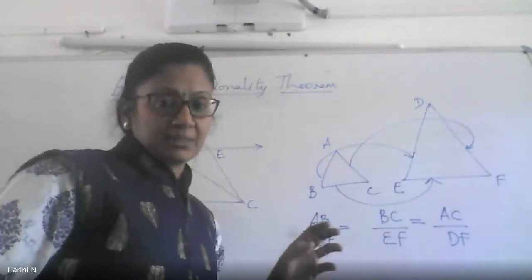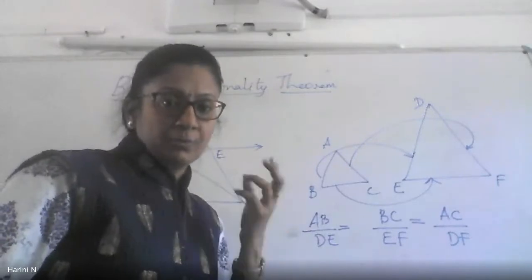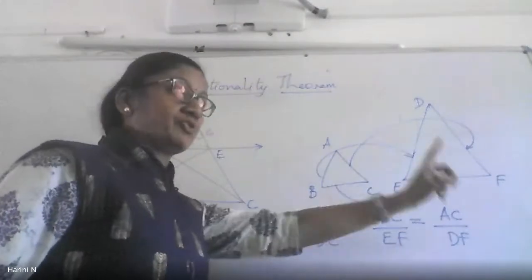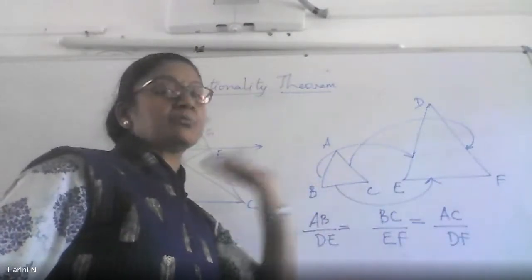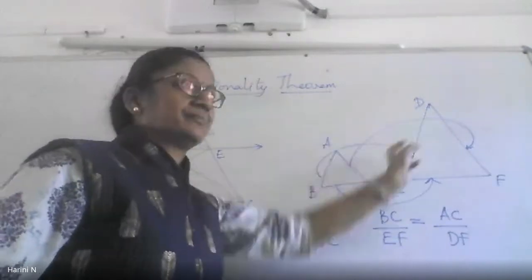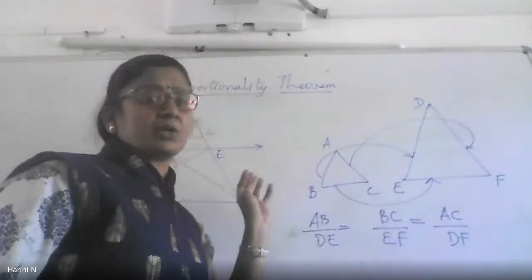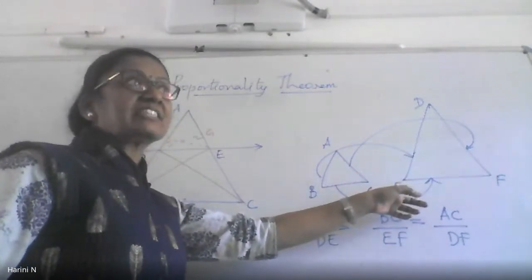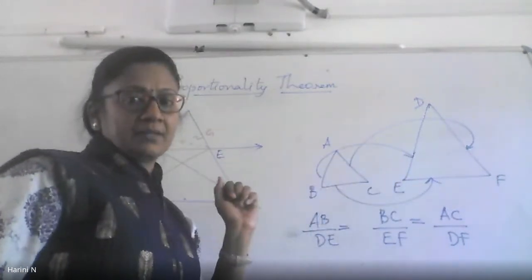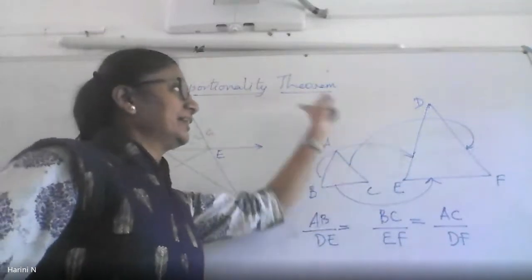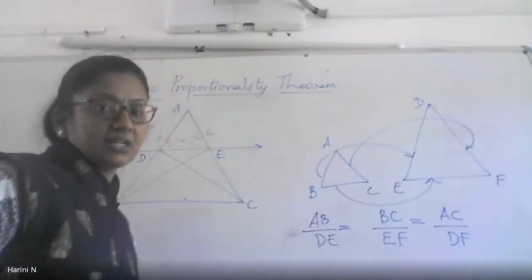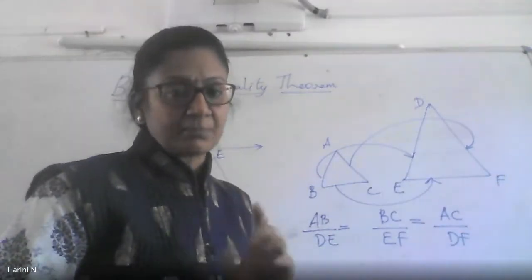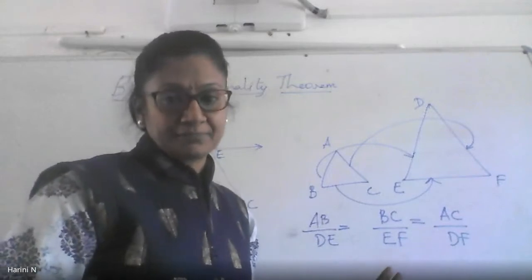All this was discussed in the previous video. That's why I'm doing it quickly. So when you want to check for the similarity, there are two conditions. They should be of the same shape. When do two plane figures become of the same shape? When their corresponding angles are equal. If B is an acute angle and E is an obtuse angle, definitely the shape of the triangles will not remain the same, because an obtuse angle means this will be pointing like this. It's more than 90 degrees. So that itself will defeat the first condition, and the two triangles are not similar, because their shapes are going to be different.